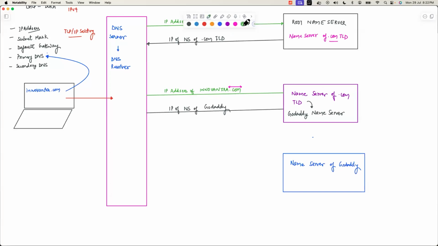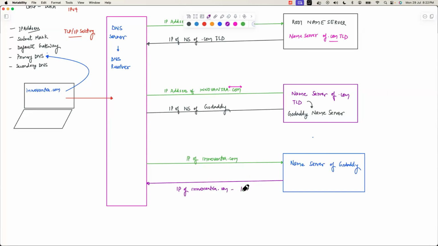So now the user will again come to this: can you please share the IP address of Innomantra? Correct. Now this server says that yes, I have the information available with me. Now you can successfully get the IP address of Innomantra.com,